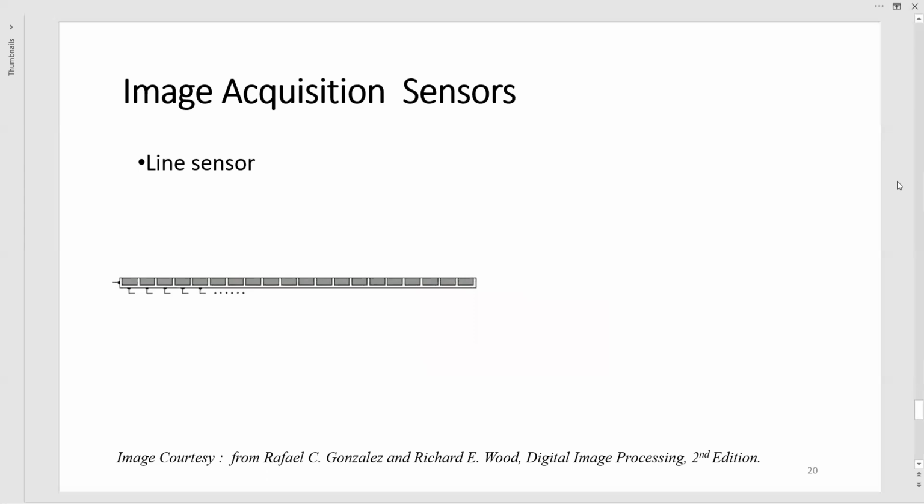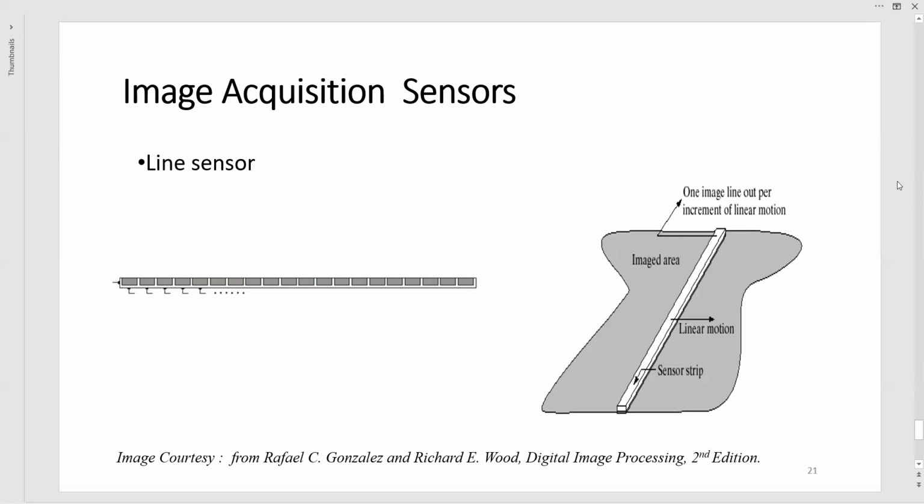And the second one, the line sensor or linear sensor. This is how it looks, a line. You can see that it can be any length. It looks like a geometry that is used much more frequently than single sensors. It looks like an inline arrangement of all the sensors, or in simple words, it can be called a sensor strip. They have all the imaging elements in one direction. Now this particular line sensor operation can be explained with the next picture here.